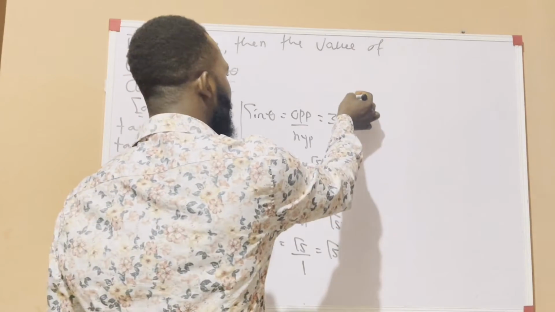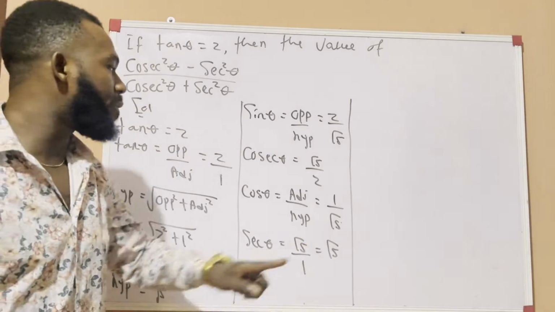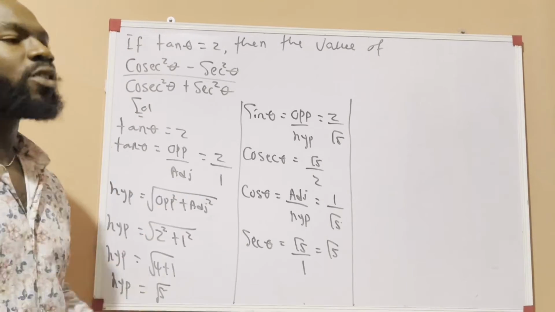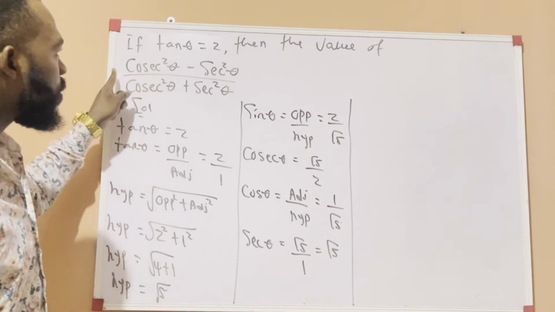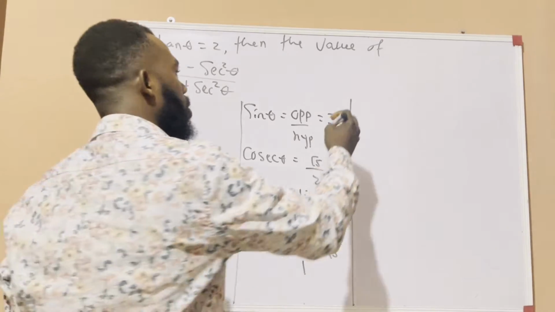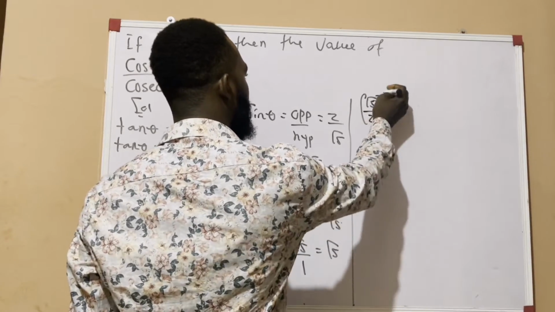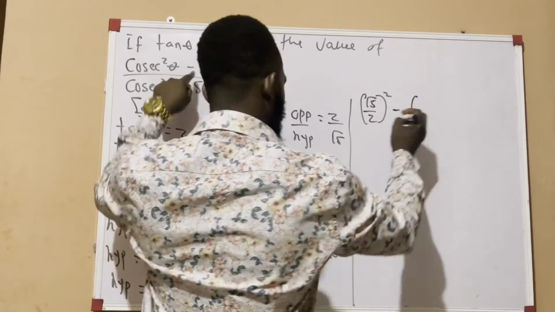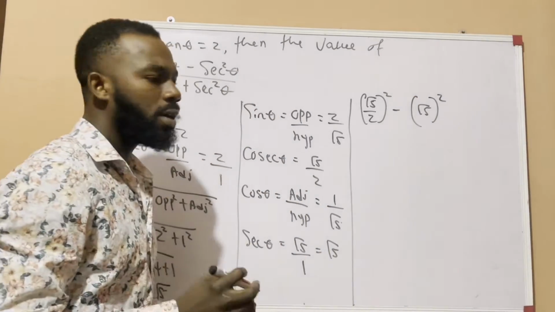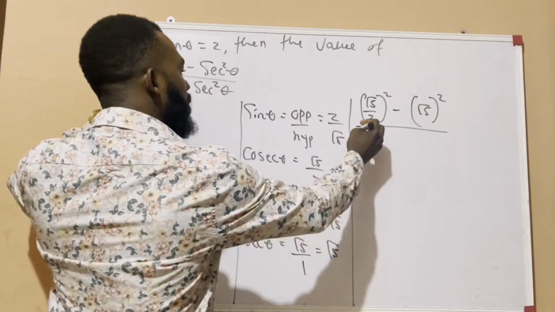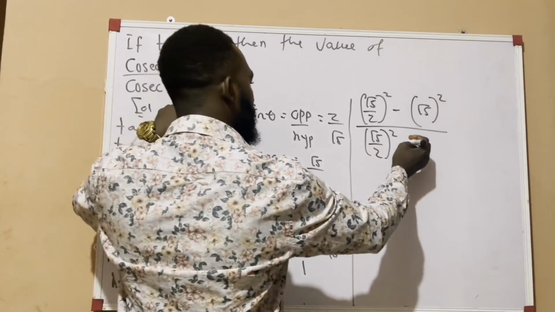Okay, now the math is getting simpler and simpler. Now that we know cosec to be root 5 over 2 and we know sec to be root 5, let us solve the problem. Now, in place of cosec, what would I give? Root 5 over 2. But don't forget cosec is carrying the square. So here becomes root 5 over 2 all squared minus sec, which is root 5, minus root 5 squared, okay? All over root 5 over 2 again, all squared, but this time we are adding plus root 5